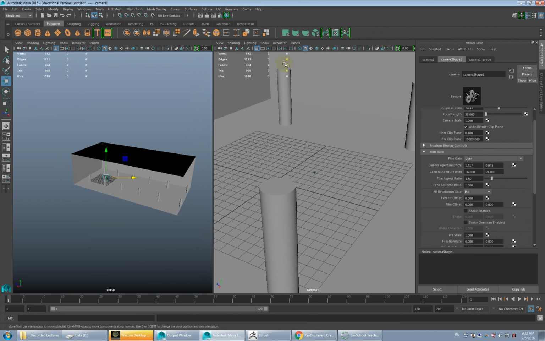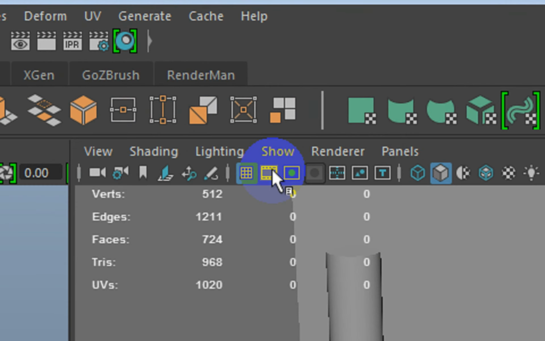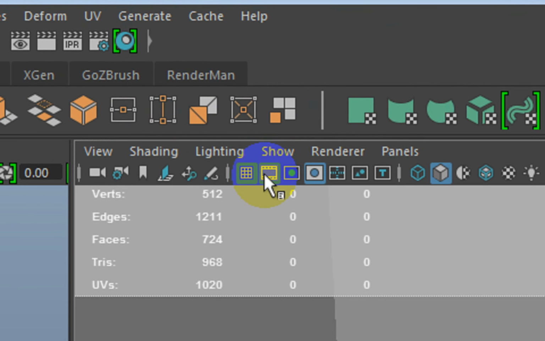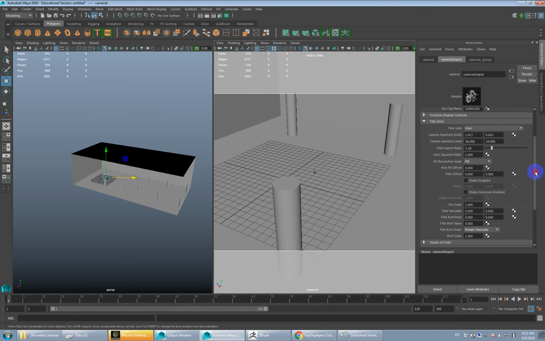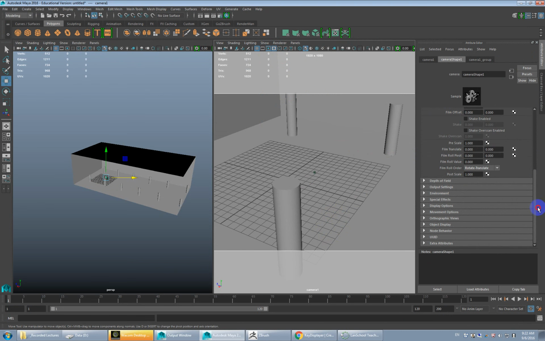So if I go into the settings here, again, looking at the top of the viewport, what I want to do is set what's called the resolution gate. There we go, resolution gate, and there's this masking option. What that does is it obscures the area that's not going to be seen by the renderer. One other thing I generally like to do as well is go down to,